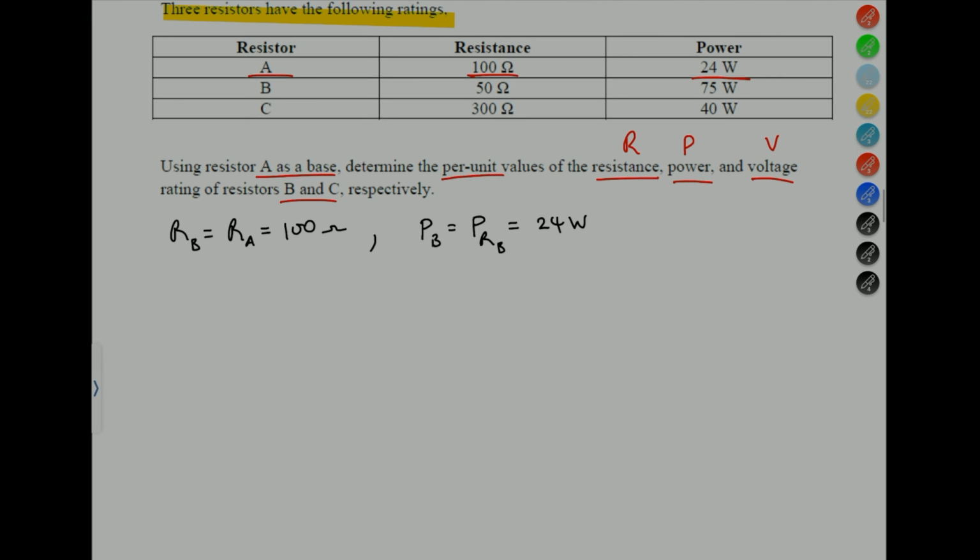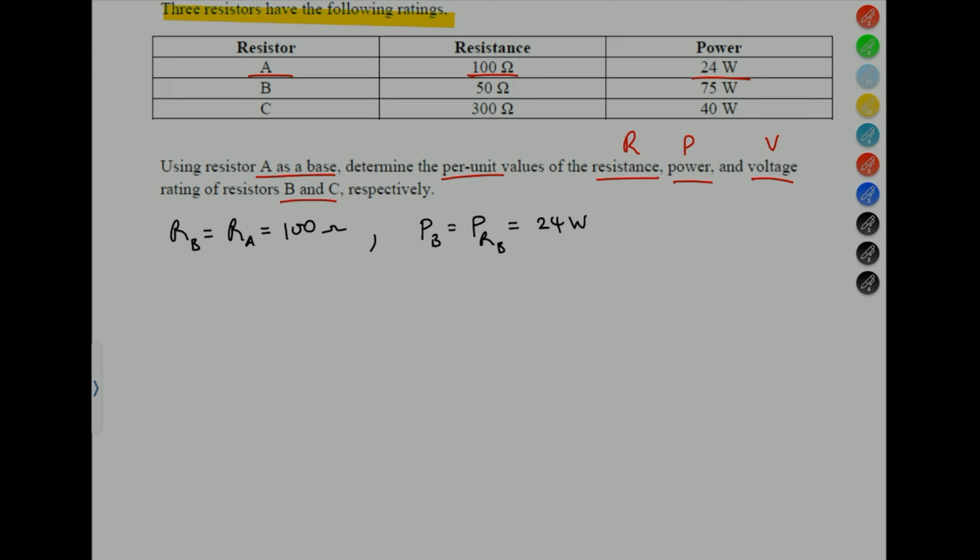So if we go ahead, we can calculate our voltage. Okay, so we need the base voltage. Basically, that's what I'm saying. So we have the base. Let's see if I can get my laser pen. So we have the base resistance and we have the base power. Let's get the base voltage. So our base voltage in this case would be equal to,